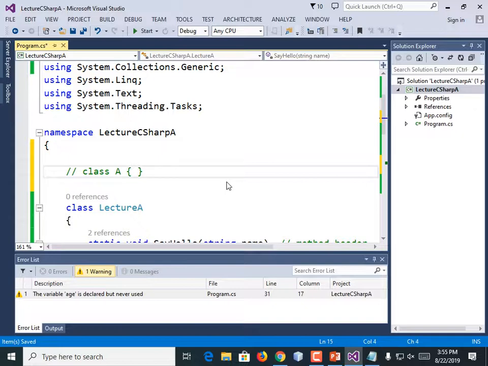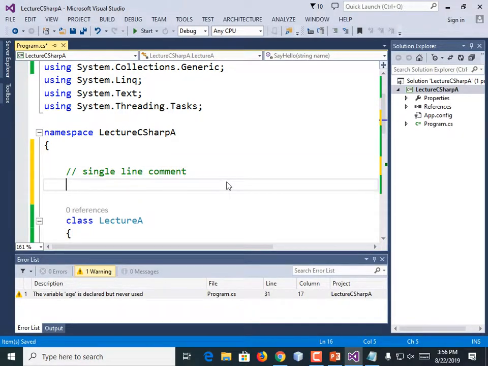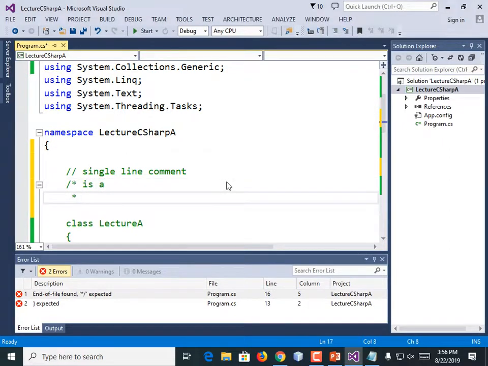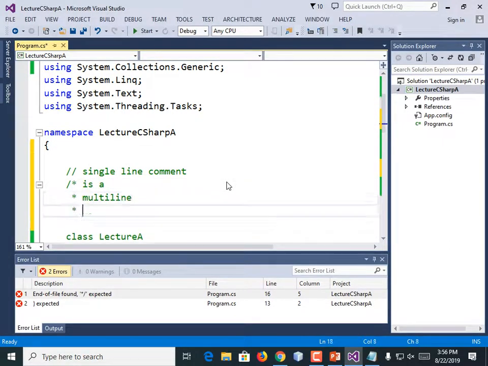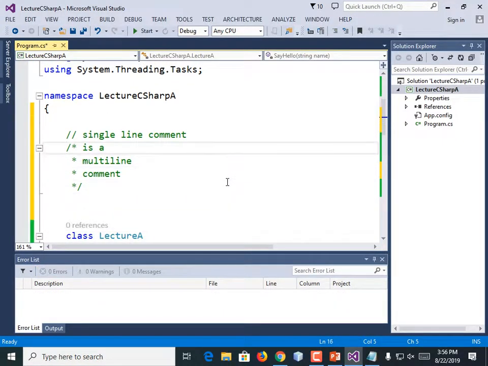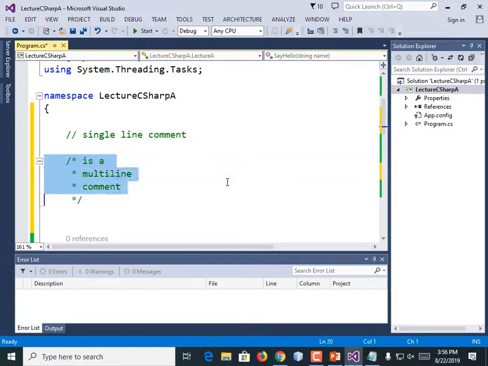Two kinds of comments. That's a single line comment. And this, if you do /*, is a multi-line comment. And you end that with a */ with no spaces. So that's good for comment blocks. If you're going to type in several lines, do it that way rather than take the time to enter // in front of them.